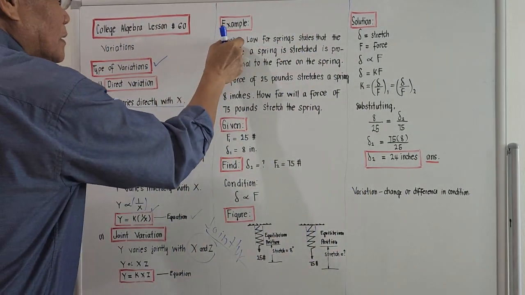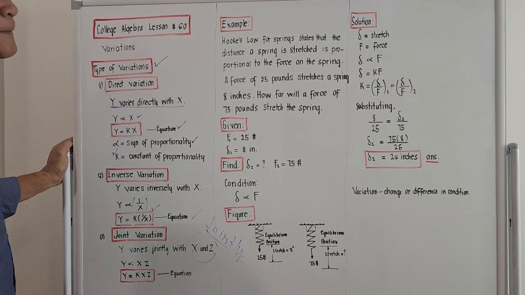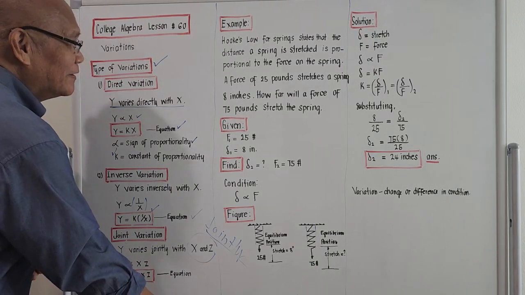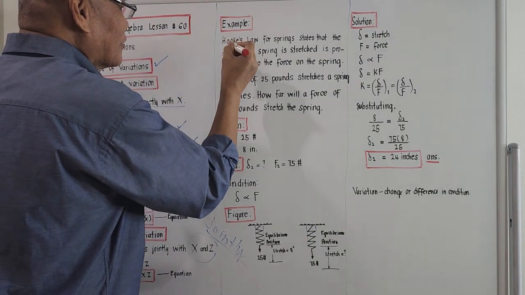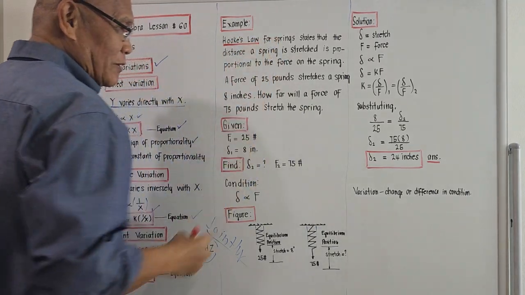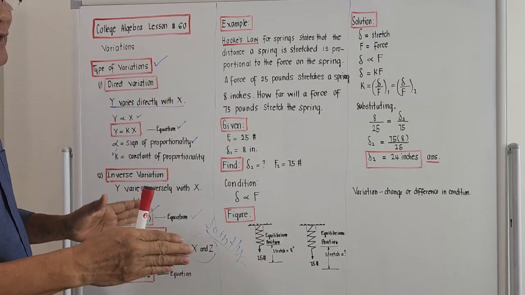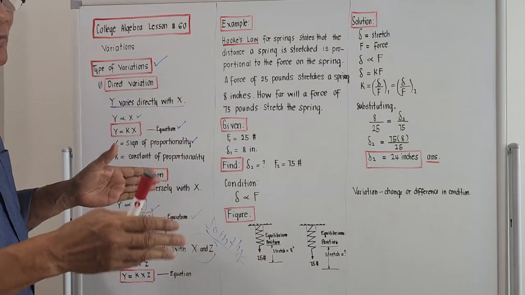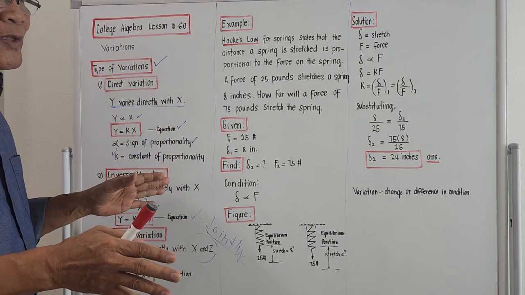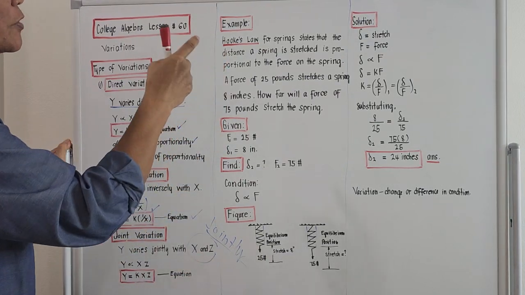Hooke's law. Hooke's law is from a physicist, right? A scientist before our time. Hooke is actually a family name, so there is the law named after him. I think this is under the study of physics. The family name of the scientist inventor is Hooke, so the law is the so-called Hooke's law. Okay, Hooke's law for springs